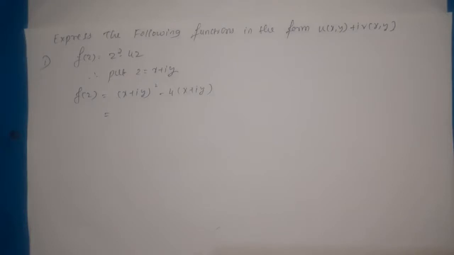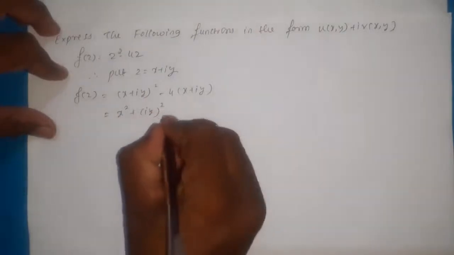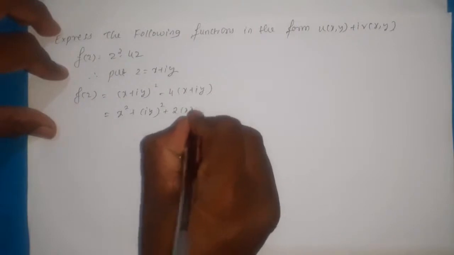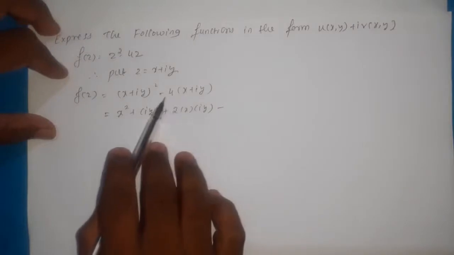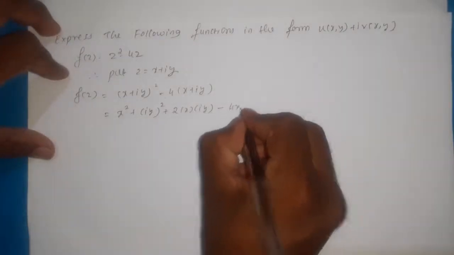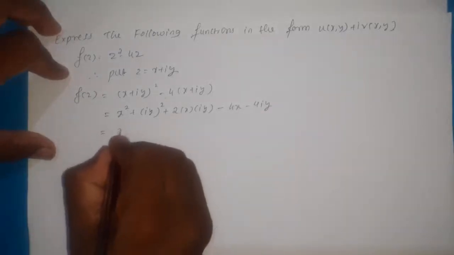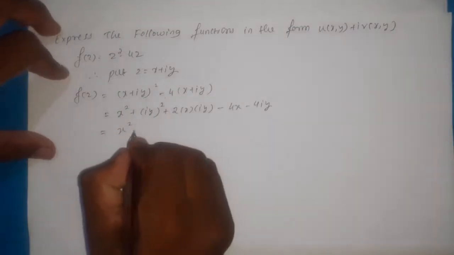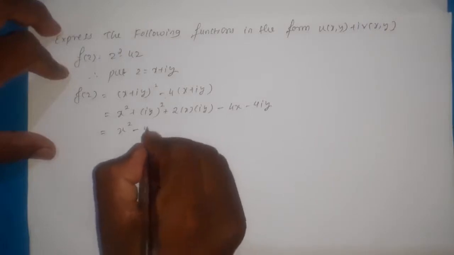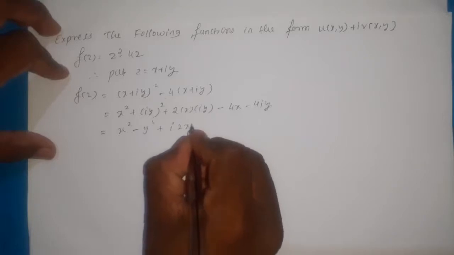Now expand that x plus iy whole square by using the identity a plus b whole square. That becomes x square plus iy whole square plus 2 into x into iy, minus, and now multiplying x plus iy by minus 4 gives minus 4x minus 4iy. Then it is equal to x square. Here i square is equal to minus 1, so iy whole square becomes minus y square, plus i into 2xy,